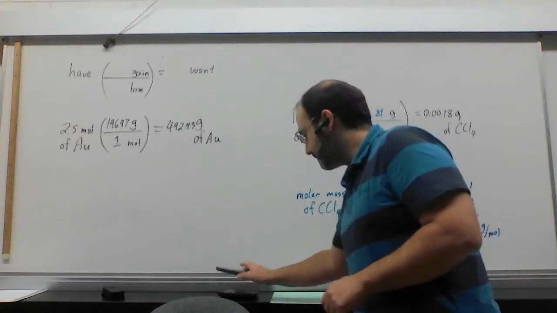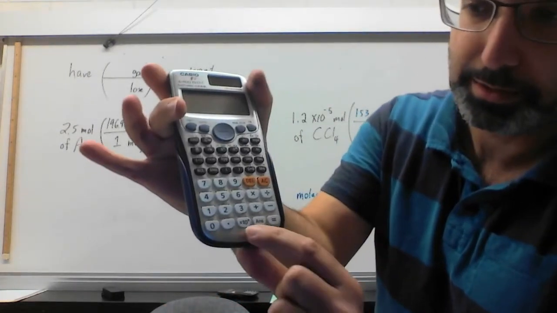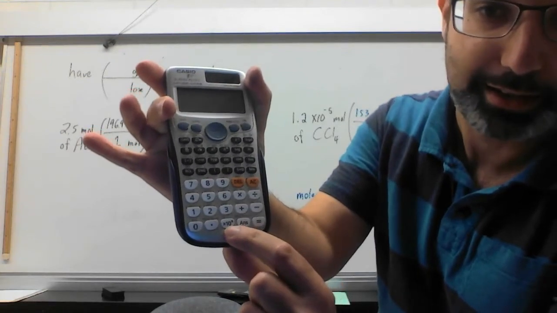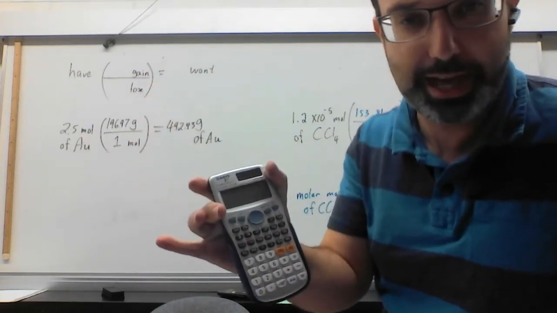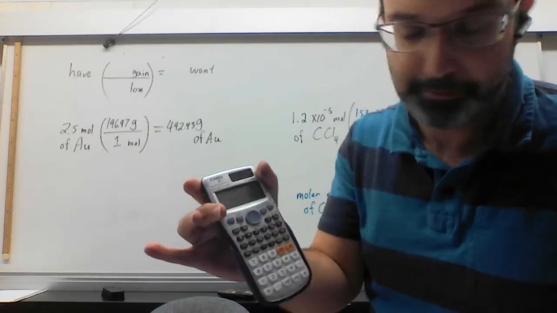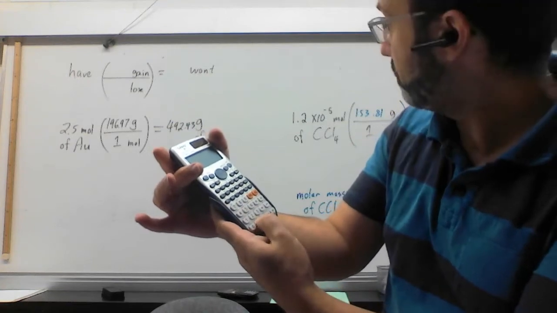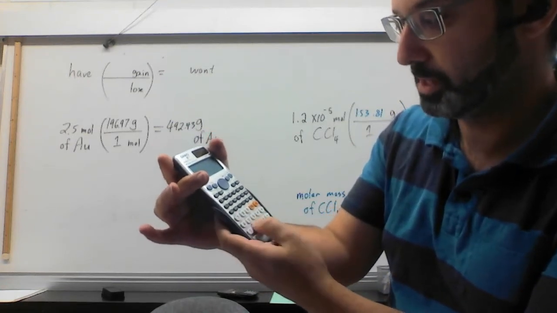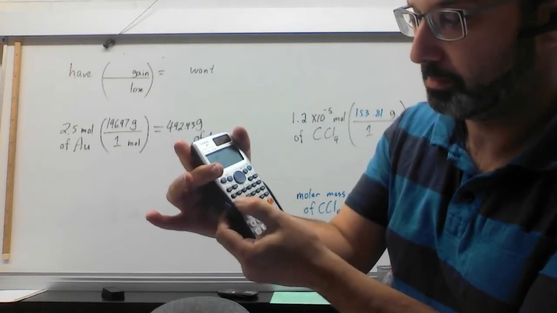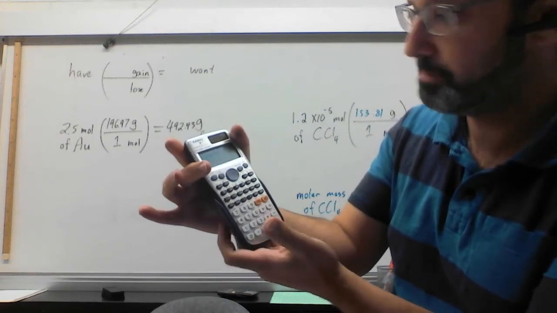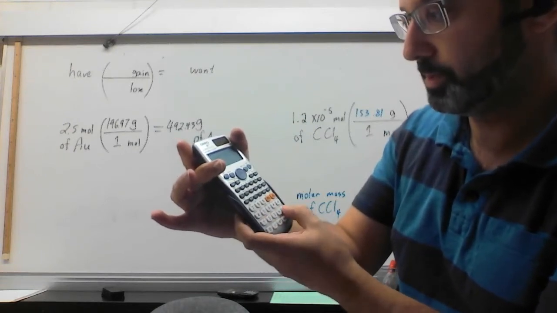All right. If you've got this version of Casio, you'll see that it's almost the same, except that the button now says times 10 to the x, which again is what the E means, or exponent. That's what the EXP means on this one, is exponent. So it's the same basic idea. Turn the calculator on. It's 1.2. Put 2 decimals times 10 to the power of -5 times 153.81 equals,